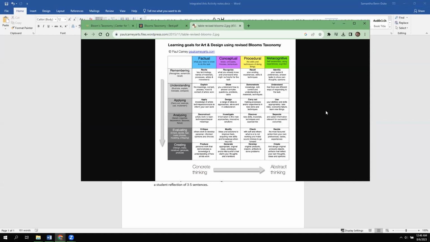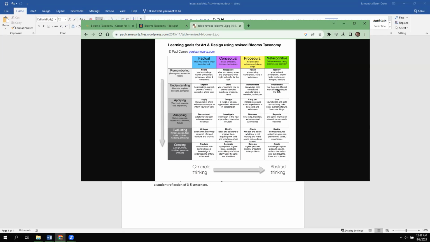if there was an easy way to look at some learning goals for art and see how that goes along with Bloom's taxonomy. And this was one example that I thought was really interesting, starting at the top with remembering. It doesn't align exactly with the other ones, but that's all right. So we've got our 6 traits here, but then over here we begin with concrete thinking and go into abstract thinking. I like how they used these verbs in here, like discover, carry out, demonstrate. And then as we get into more abstract thinking, they're creating, they're deciding, and